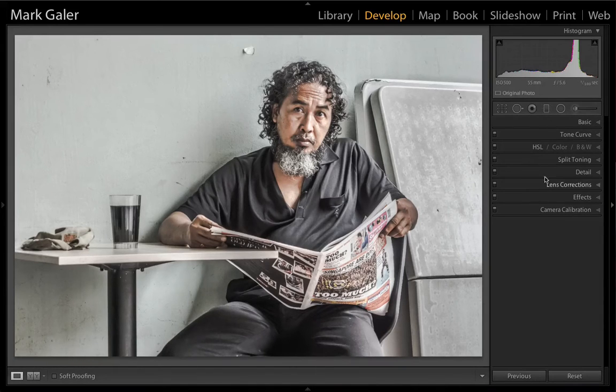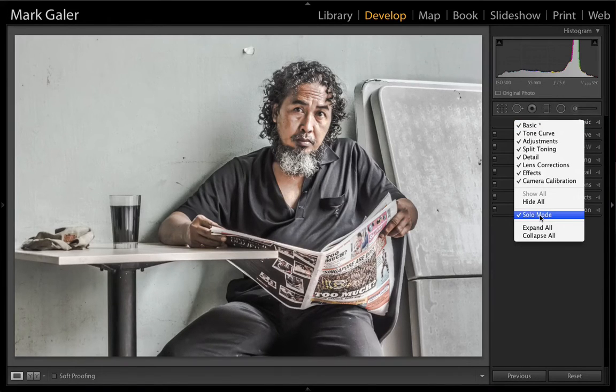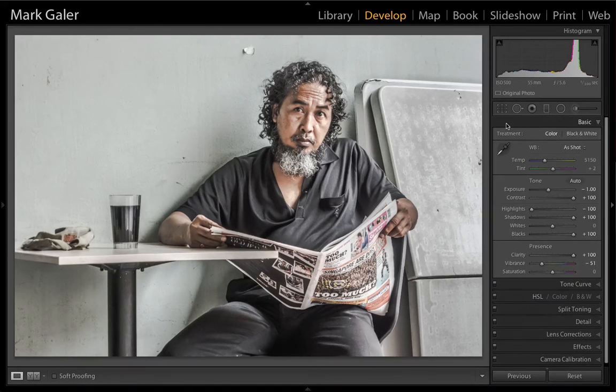As you can see, as I click on each of the panels, other panels open and close, and that is because I'm in solo mode. Just right click. This is especially useful if you're working on a laptop to be able to open and collapse panels automatically. Okay, now that we've finished the basic edit inside of Lightroom here,